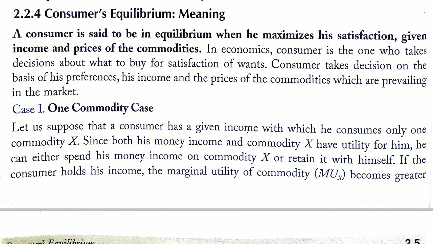There are several assumptions like one commodity, two commodity, or multi-commodity. We will discuss one commodity and two commodity. So suppose a consumer has a given income and he is consuming only one commodity, and the name of the commodity is X. Now in case of X also, he will find that with continuous consumption of that commodity, the utility derived is gradually decreasing. So how many units of consumption will lead him to a situation when he will feel that he has satisfied the consumption and satisfied the utility, and no more he can consume